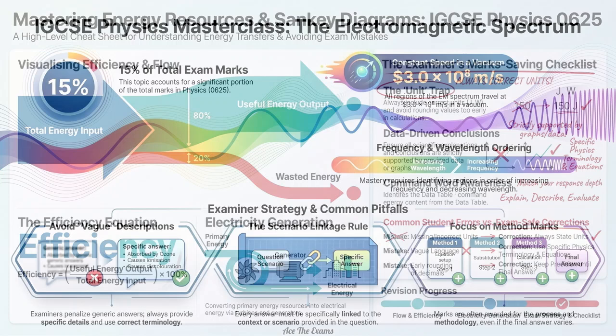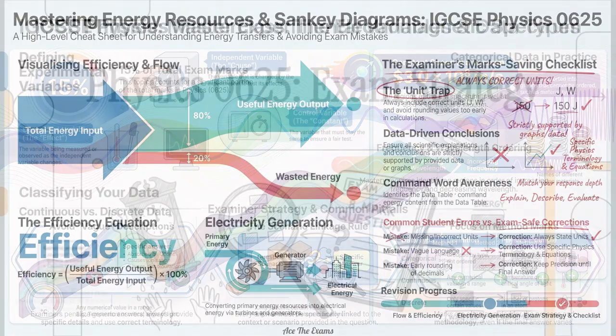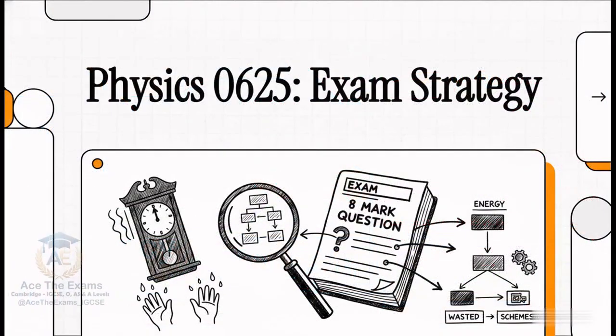You're staring down the Cambridge Physics 0625 exam. The clock's ticking, palms are sweating, and you just flip the page to a massive 8-mark question on energy resources and Sankey diagrams. Now, you might know the physics perfectly, but do you know exactly how the examiner actually awards the marks? Today, we're completely stripping away the fluff and exposing our precise strategy to secure top band scores in